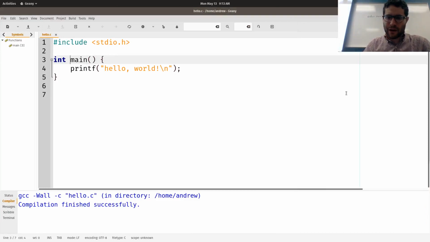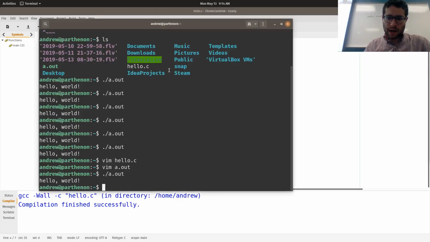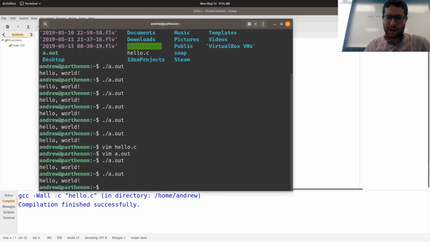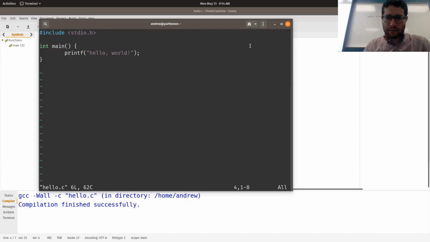Okay, so what happens if I don't do certain things? For instance, if I leave out that \n. Okay, if I leave out that \n, did it not compile?